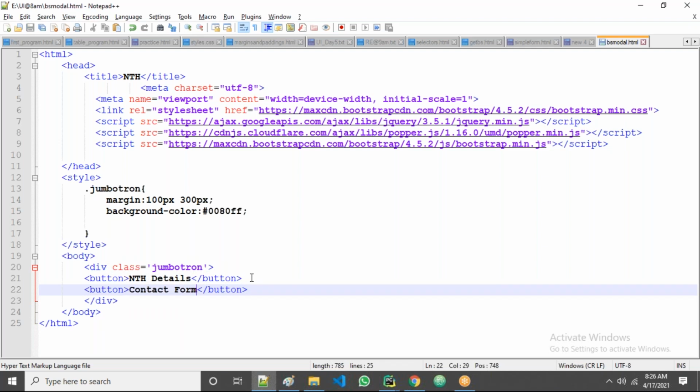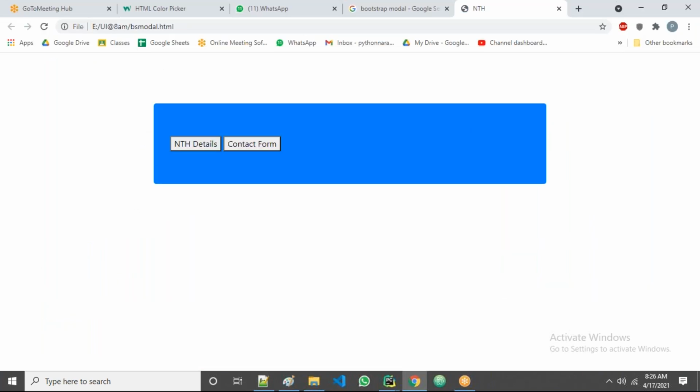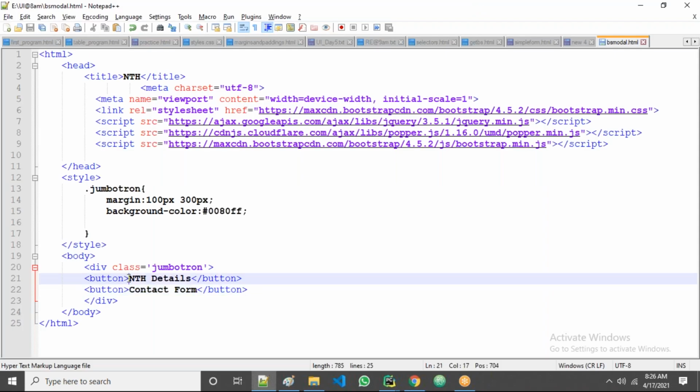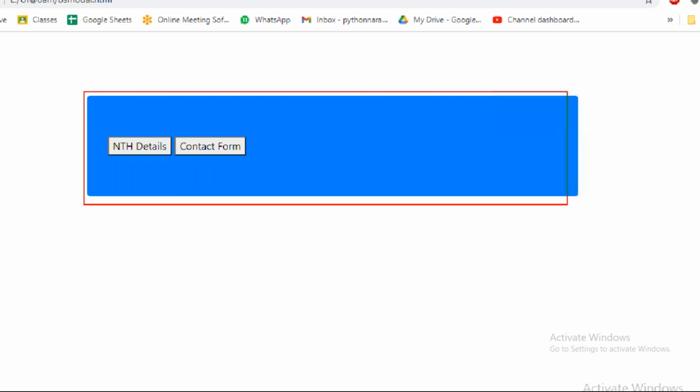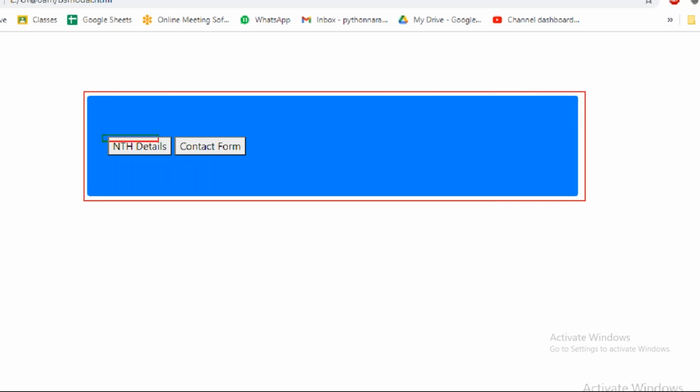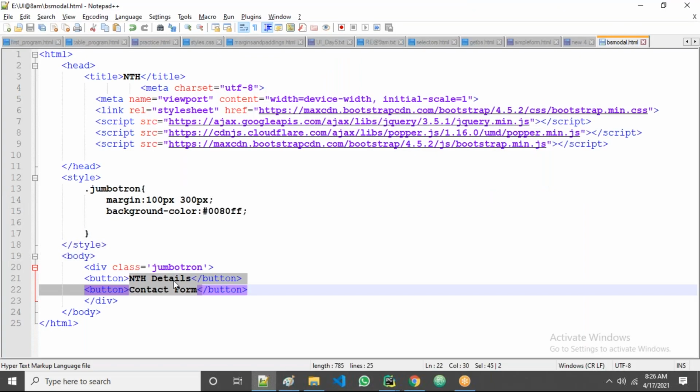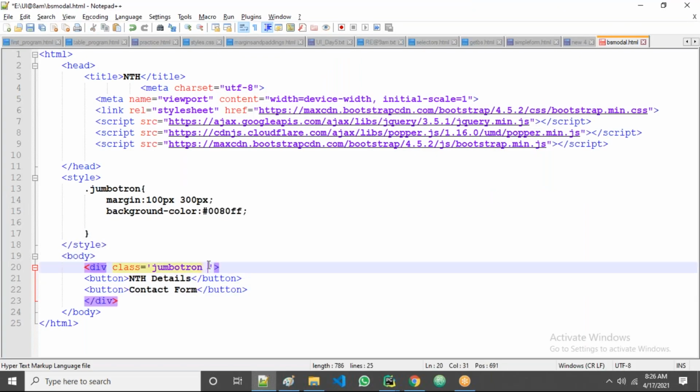Now two buttons are over. Let's go there, let's refresh here. Yes, guys, you got two buttons, right? But those two buttons I want in the center of the bootstrap jumbotron, right? This is the jumbotron. I want these two buttons in the center, guys, like this. Means for the jumbotron, I want to display in the center place. That's why I'll go here in the jumbotron. I'll take now simply text center. Let us see now whether it will work or not, guys. Text center. Okay, I'm taking text center.